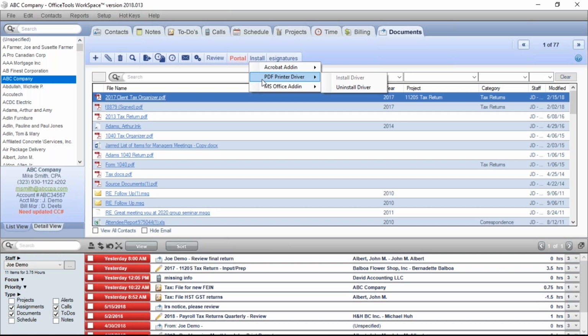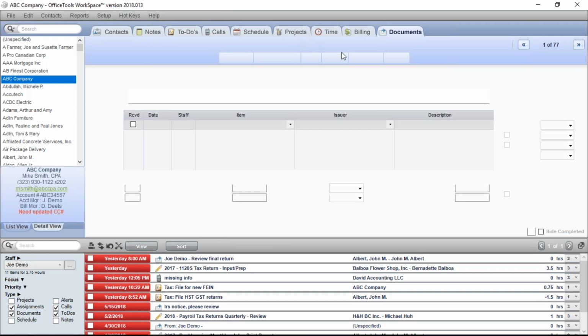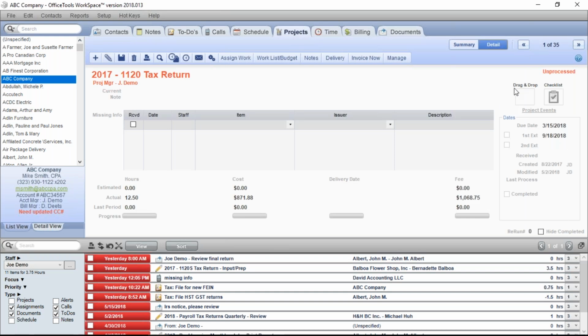Let's just cover it maybe in more broad terms, so maybe not scanning or printing. Any document that's on your desktop or that's on your computer, you can drag that document and place it over OfficeTools, and again, it's going to give you that same prompt. What's kind of unique in OfficeTools is we've got a drag and drop area on every tab. So if you've got something related to a project, instead of dragging it to the Documents tab, drag it here, because we know the information that you're looking at in that moment.